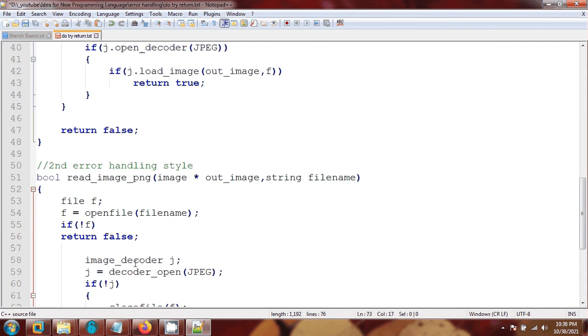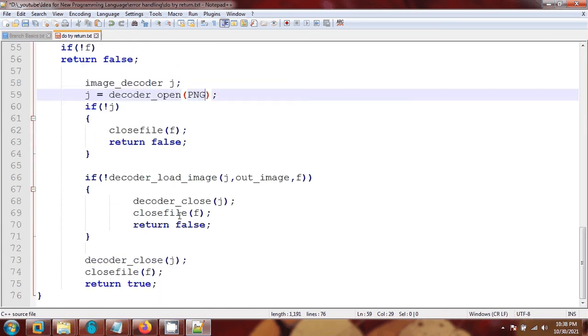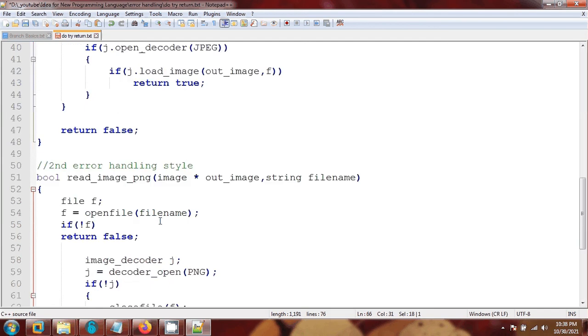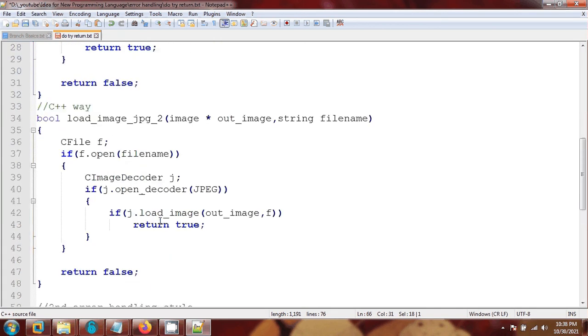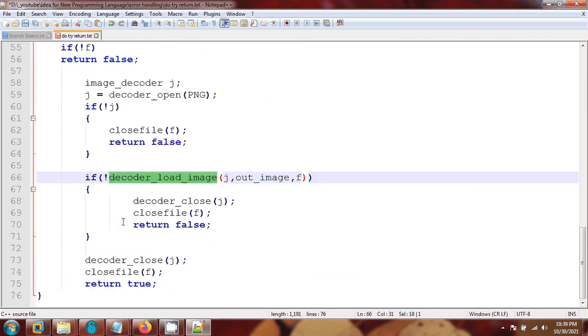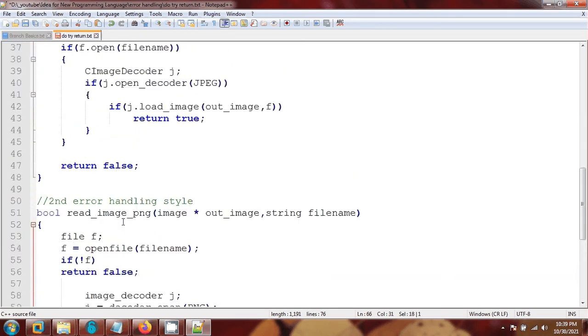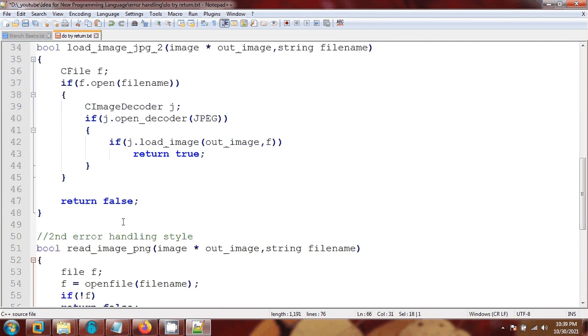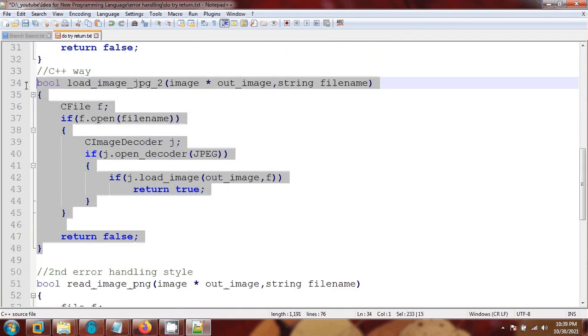So here it is simple, just change the JPEG to PNG. And this is an example, not usable code, for decoder load. Some things do not exist yet. Absolutely, this is again going inside, but the second way of doing that